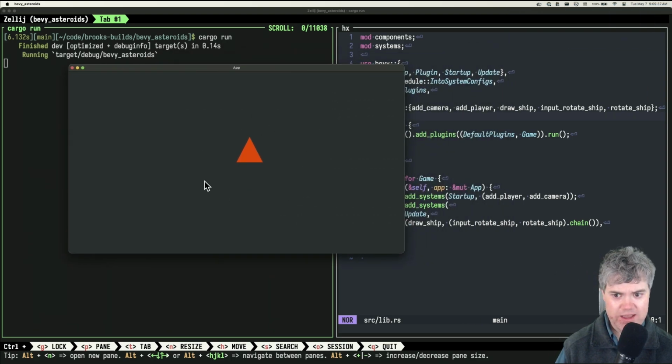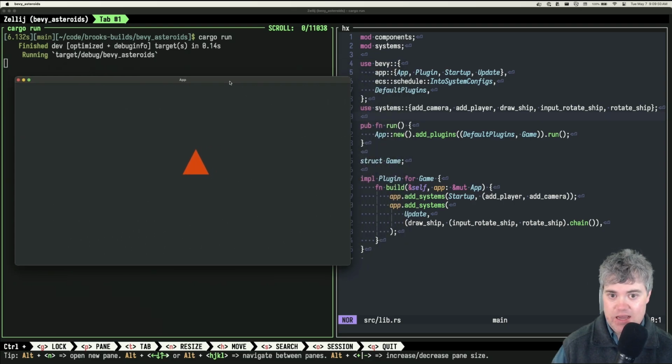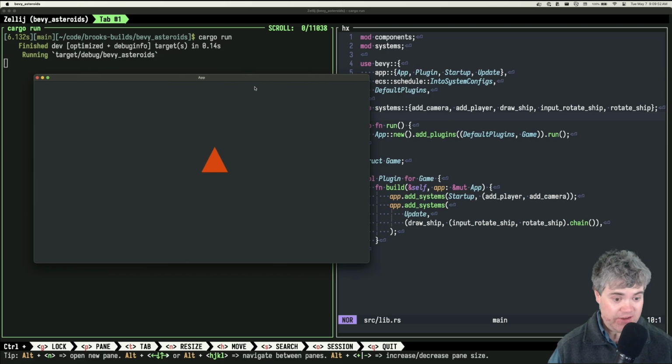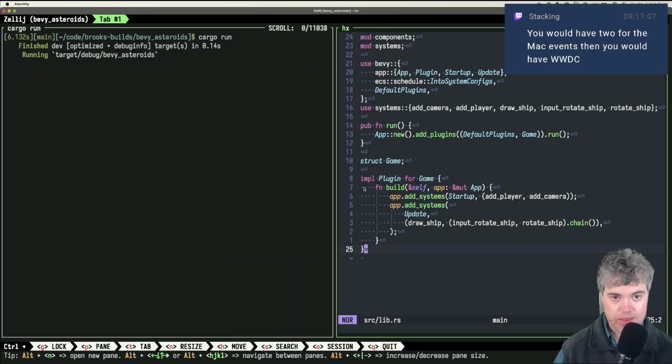I think we have two components, a position and a mesh or something. And so that's what we got. We have our triangle, our ship here. I guess we also have a camera for this as well.